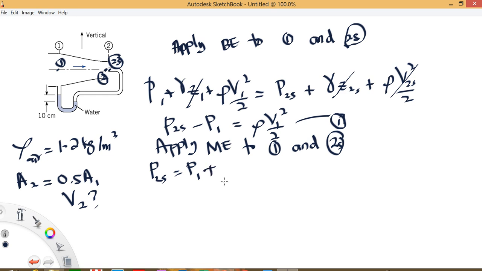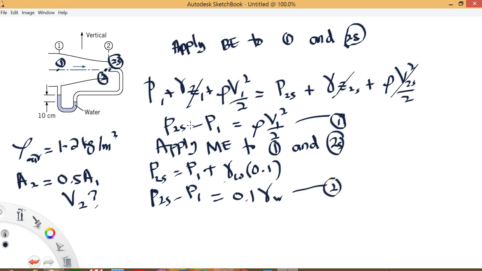plus gamma of the water. The fluid is water times the deflection, which is 10 centimeter, convert to meter, 0.1. So from here to point 2s is air, so you can neglect the effect. Therefore P2s minus P1 is basically 0.1 gamma water. So this is another equation. Okay, so I substitute point 1